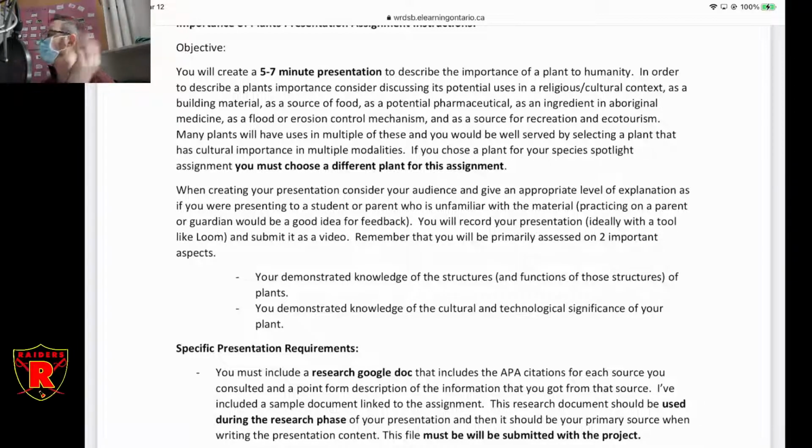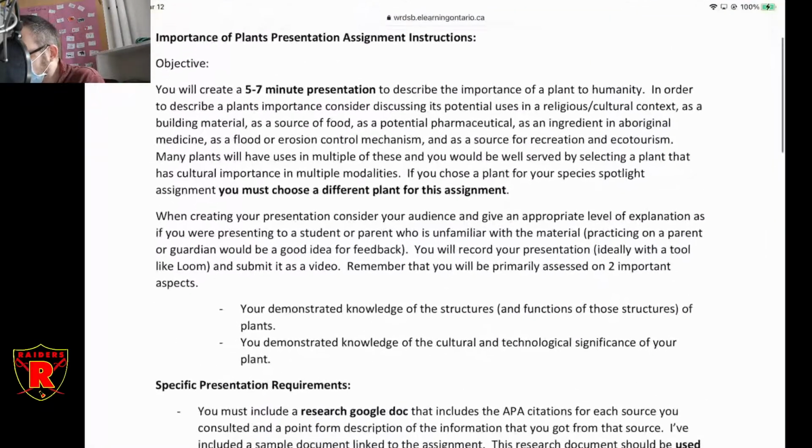I'm just going to throw corn out there as an example. Okay, you don't have to choose corn. Obviously, you can pick any plant you want, but corn has many different potential uses for humans. Okay, so